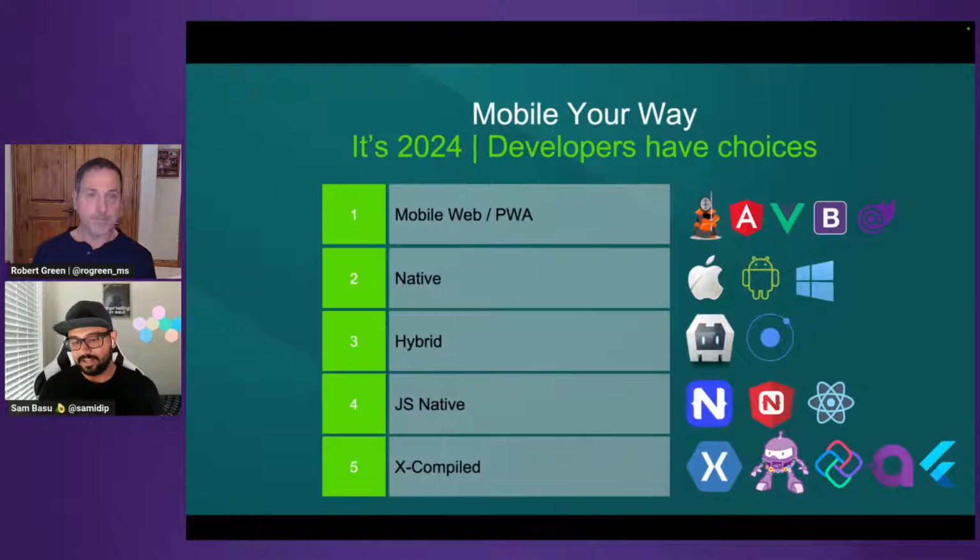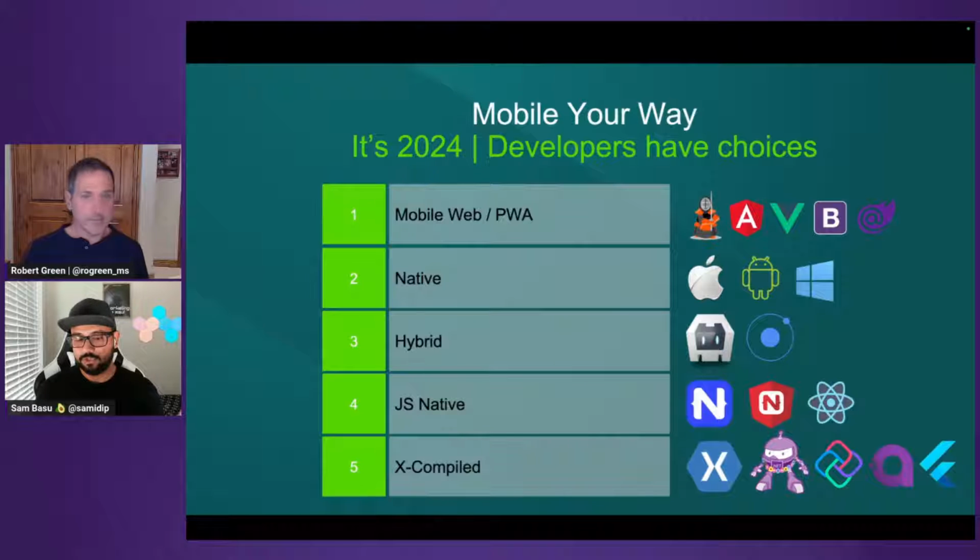But at the end of the day, if you start now, you're likely not shipping until 2024. So pick your stack, build your own thing. It all depends on what you want to do, what you want to maintain going forward. If you want to go straight up native apps, by all means, for iOS, Android, and Windows. But it's expensive. It's 3 different code bases towards the same app.